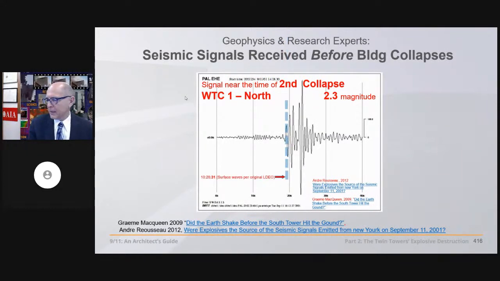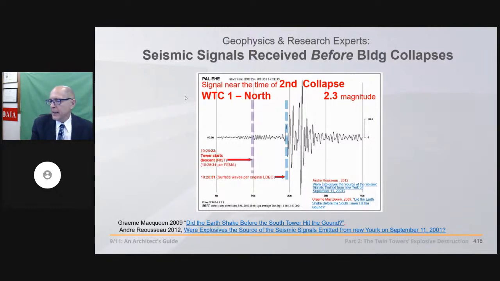Once again, the surface waves arrive at 10:28 and 31 seconds. The tower starts descending 9 seconds before that. Okay, but the first debris doesn't even strike the pavement. The lightest debris doesn't even start striking the pavement until 1 second later. And the heaviest debris, which is what NIST says was responsible for these seismic waves, doesn't hit until 4 seconds later.